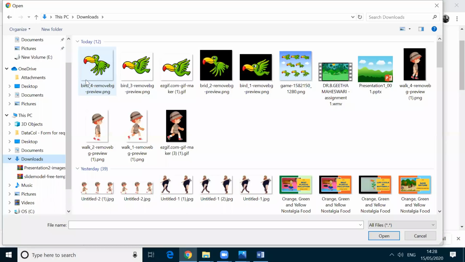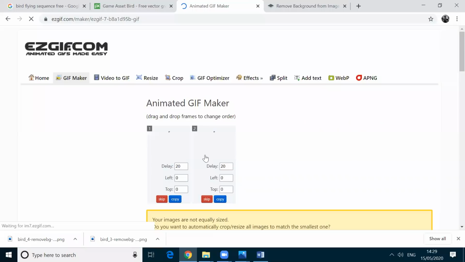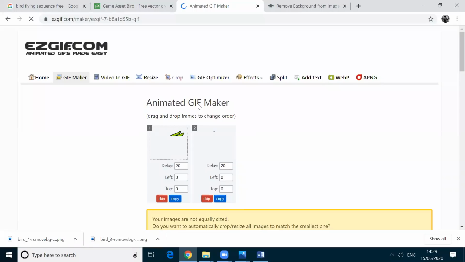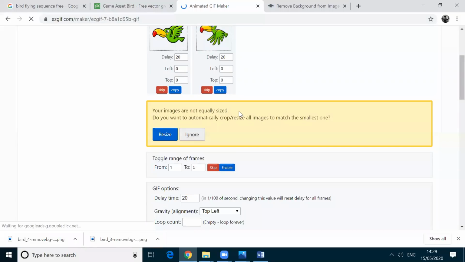I'm selecting both by pressing Control key, and I click both the images, and it gets uploaded here. And I click upload and make a GIF. I click upload. Now I uploaded 2 images. Here I am getting the message that my images are not equally sized. I am clicking on the resize. I click resize,